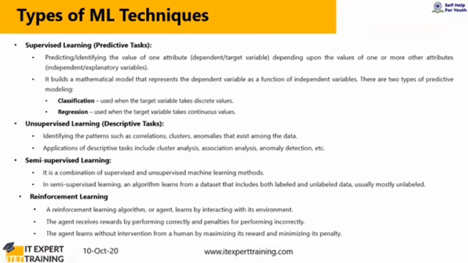So it is a software agent. The agent learns without intervention from a human being by maximizing its reward and minimizing its penalty. So you don't need explicit human intervention for the agent to work. It will make decisions autonomously, automatically. The agents will be capable of making autonomous decisions without human intervention. That comes under the category